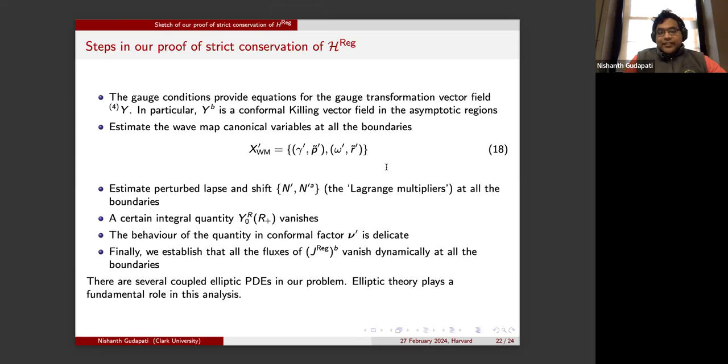Okay, so once we did the transformation, we go one by one to all of these boundary terms, and first the original phase space which form the boundary terms by looking at the wave map variable first, and then the gauge dependent quantities later, and so on and so forth. Okay, so that's the overall idea of that. It's quite technical. I do not want to bother you with too much technicalities, but if you have any questions, I'll be happy to answer.